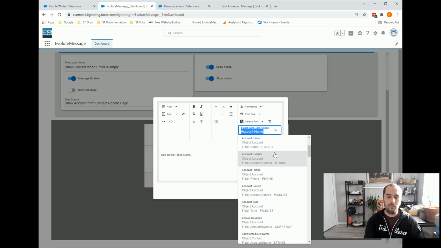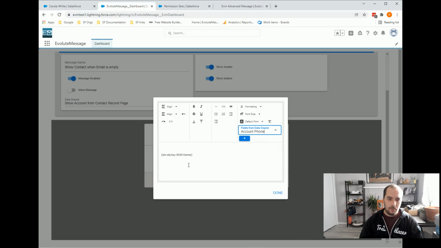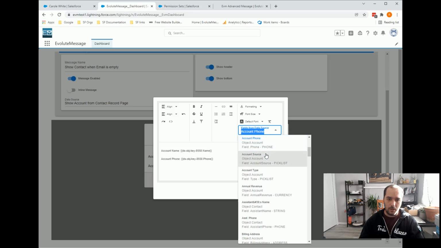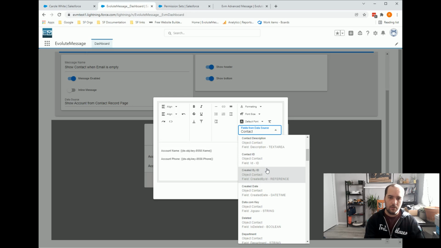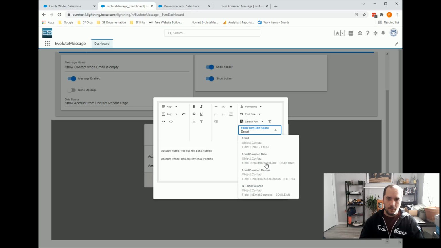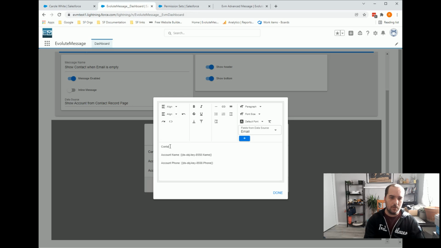And let's say phone number. So I add here, and then I'm gonna say account name and account phone. And I can put any other text here. I even can show some information from the contact as well. Let's say the contact email, I think. So contact email,